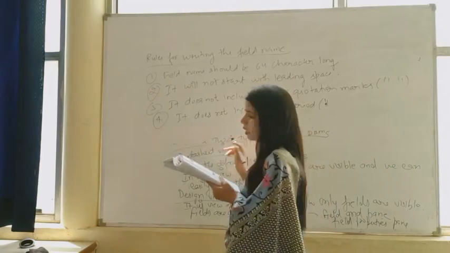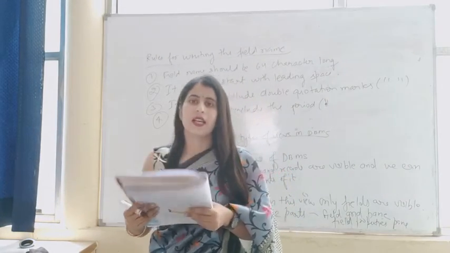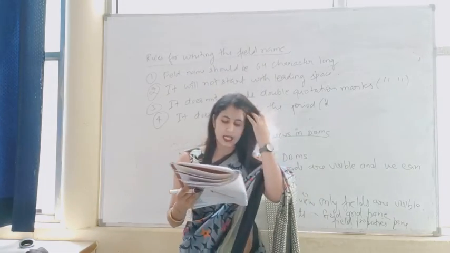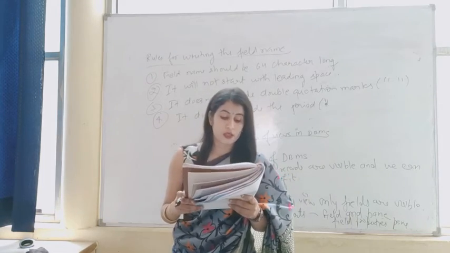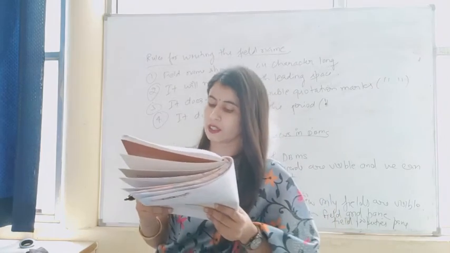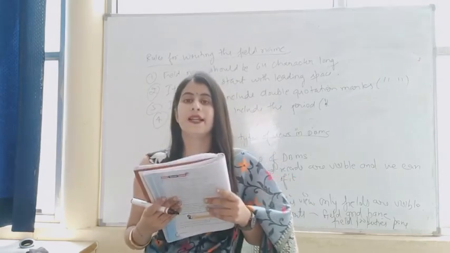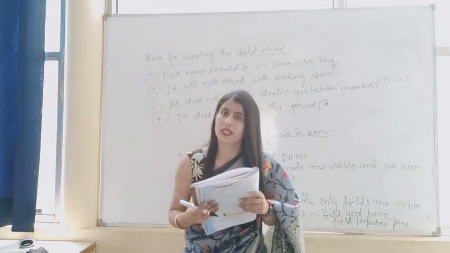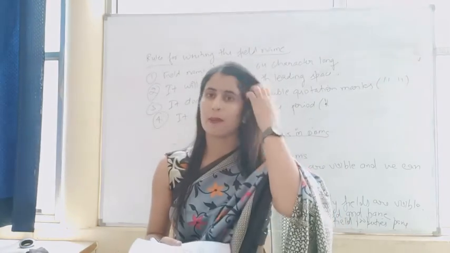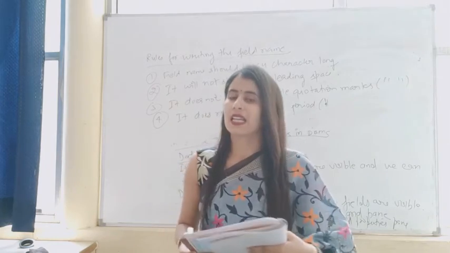Okay, now the next questions are, first is application based questions. In application based questions they asked that Ranjit wants to create a table in MS Access by using built-in fields. Which way can he use to do so? We know that built-in fields are available only in design view. So when he wants to create a table in MS Access by this, in how many ways can we create the table? Table we can create in three ways.